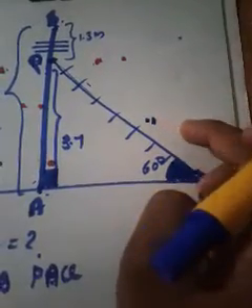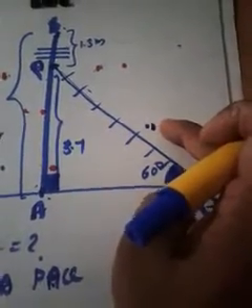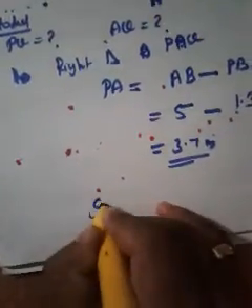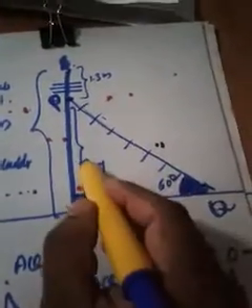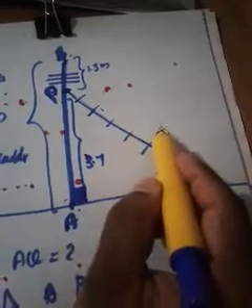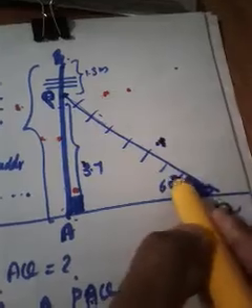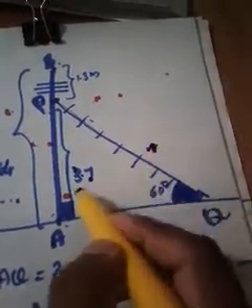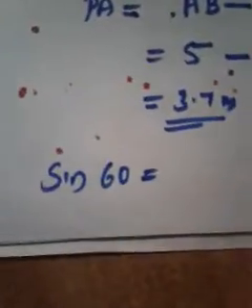Now, how can we relate? By using which ratio can you relate opposite and hypotenuse? Sine. That means you can apply sine on this 60 degree. Are you following me? Yes. So just take sine. You may have understood the reason for taking sine, because according to 60 degree, this is opposite and this is hypotenuse. Anyway, we need the hypotenuse, because the hypotenuse represents the length of the ladder. So according to 60 degree, the opposite side is there, the hypotenuse we have to calculate, and the ratio connecting opposite and hypotenuse is sine. So in that way we can apply the ratio sine on that 60 degree.